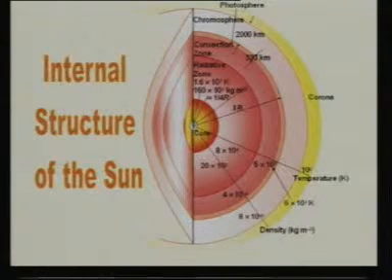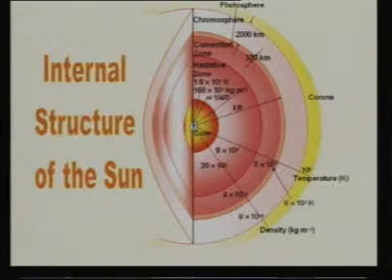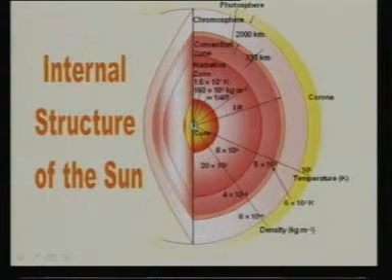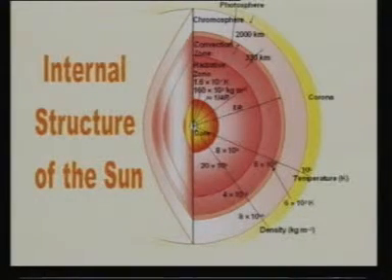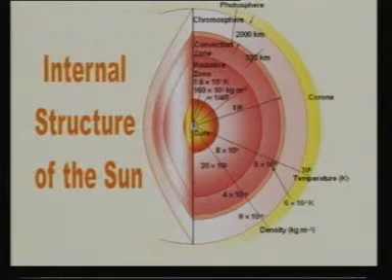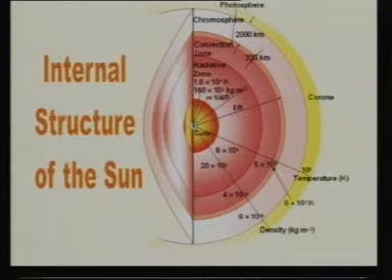And in this slide, you see the internal structure of the sun. All of it has come from the model building. You know that we can't see inside, and they turn out to be very, very accurate. So we have a core which is at a temperature of about 15 million degrees, and then we have various shells, and then at the top, in this case, we have shown the atmosphere of the sun also. At the top, this yellow layer is the corona, and these brown layers are the internal layers in the sun.